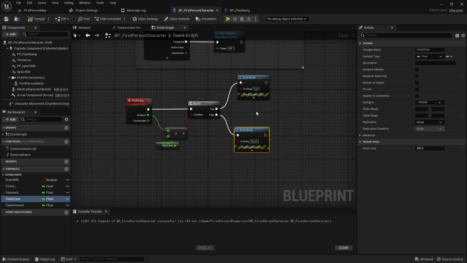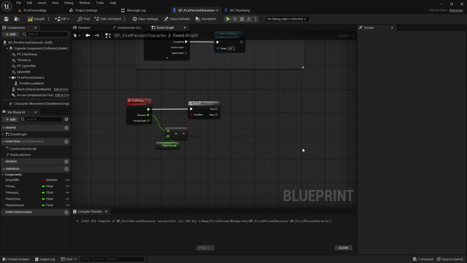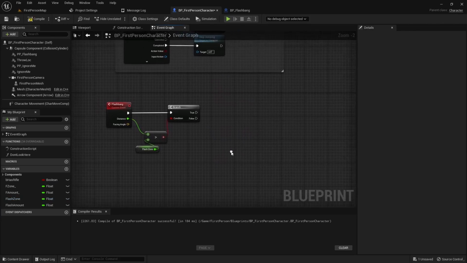But all right, so this looks pretty good so far. You can delete these debug lines. And now what we're going to want to do is work on the functionality where the player has to look at the actual flashbang to get flashed. So if they're looking behind them, their screen shouldn't actually get affected. To do that, we're going to create a function,